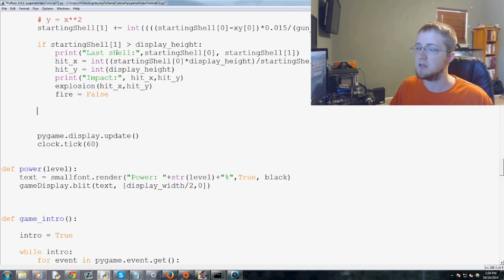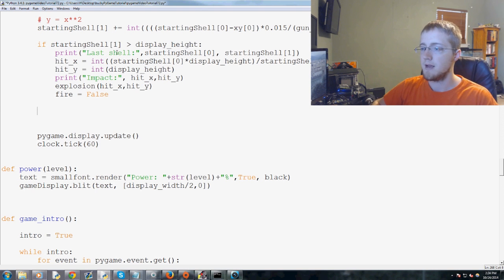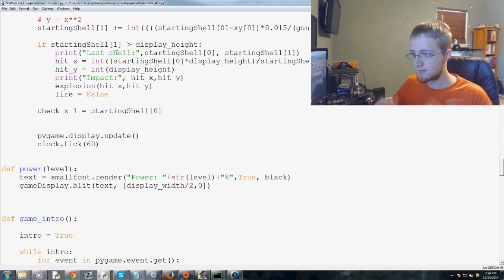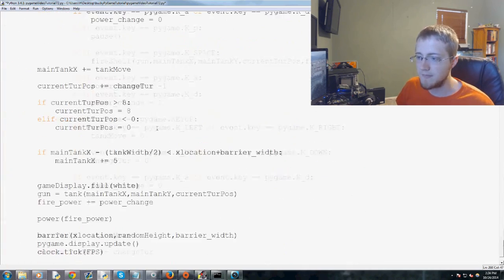So one method that you can do, just so your line doesn't get huge, is like the following. We could say check_X_1, and this will be a true or false value basically. So we would say check_X1 equals, and then that would be starting_shell[0], so the X location of the shell, and we're saying is it greater than or equal to the barrier's X. Now the barrier's X